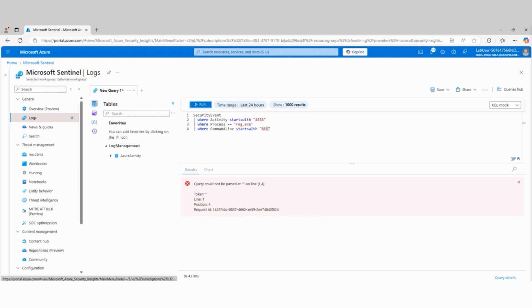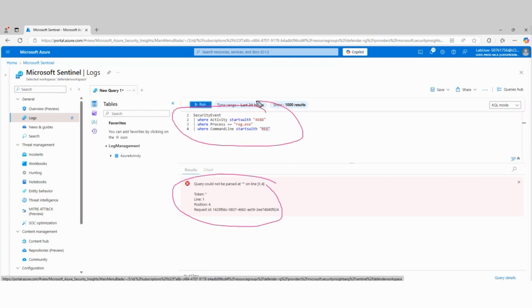By the way, this is a great error to get. We talk about this in our KQL video, but I'm going to bring it up here. Notice the error that I'm getting. My syntax is correct, but you have to understand how KQL works. Notice here the reg is highlighted because I inadvertently did this with my mouse as I was ready to click run, but this is great because you can see what happens here. In Azure, when you're running KQL queries, whatever is highlighted is the part of the command that's going to run. And because that's highlighted and that's not a valid command, it gave me an error.